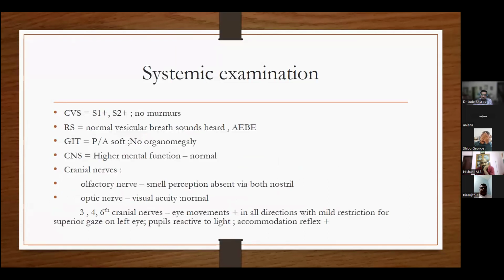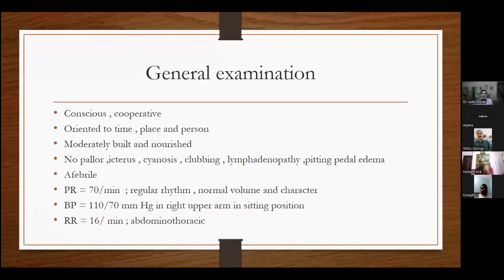What all points should you have highlighted in this particular patient in general examination? Sir, his higher mental functions were normal. Why is that important? Because there is a forehead lesion also. Okay, great. I understand your point. You want to rule out an intracranial involvement. Great. Then what else? In general examination you have written no pallor. Is pallor important in such cases? Yes, sir, if the patient